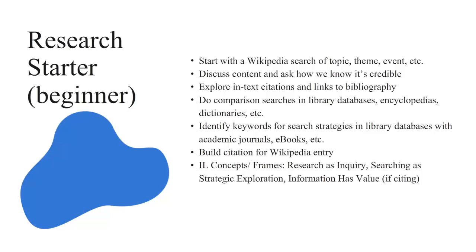Scroll to the bibliography and further readings listed at the bottom of the entry. Discuss what those are and why it's important that Wikipedia authors have included them there. Use the entry to identify keywords that learners can use to learn more about the topic. Show them how to identify terms that can be searched in other sources like library databases or dictionaries.